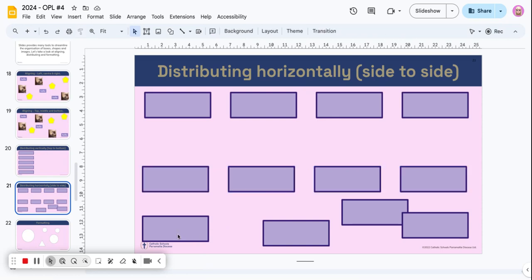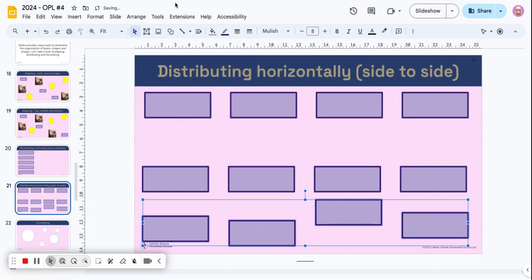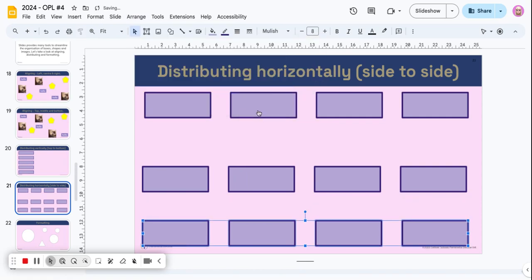And then again at the bottom, I'm going to click all 4 of my boxes, pop up here to the Arrange tab. I want them to distribute horizontally, and then I want them to align, and I'm going to tell them to align at the bottom of the slide deck. Now you can see I've got those 12 boxes there on the mat, and each row going across here is lined up horizontally very nicely, but I would like all of these to be spaced out perfectly on my slide mat. So what I can do now is select here and here and here, and I'm going